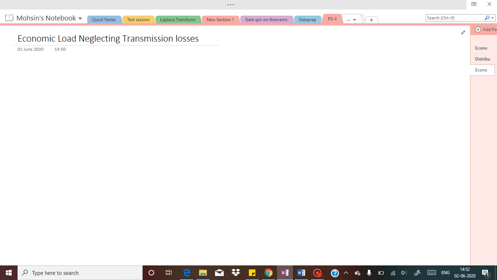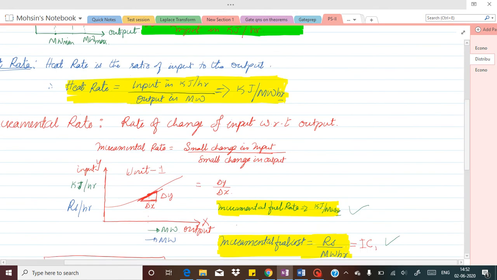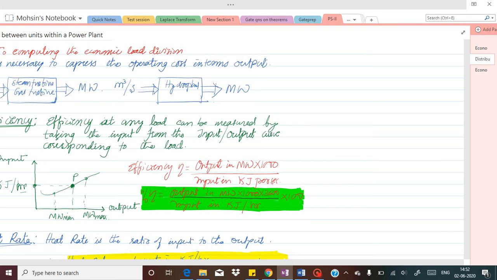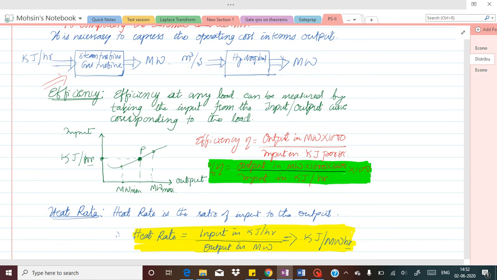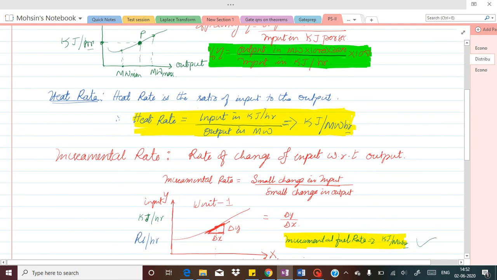So here we need to divide the load between different units of a plant, which we have already seen in the previous video lecture. Let me recall once again. The load can be divided into different units of the plant. For that we need to consider some important factors. One is the efficiency of the plant, which we had obtained. Then we also need to know the heat rate of the plant, so we have to consider the minimum generation of the plant at which the heat rate is minimum.